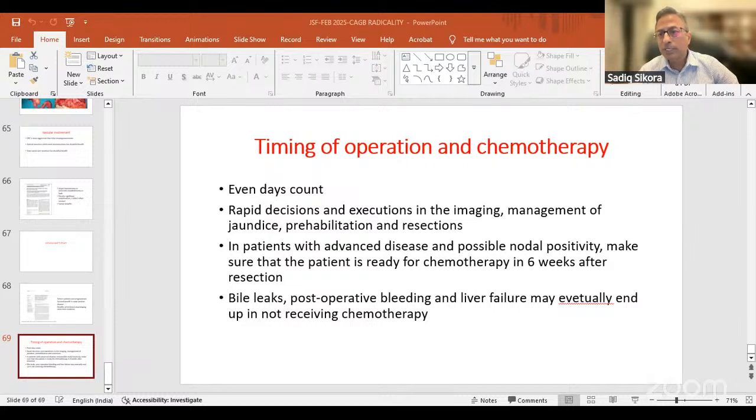The point which Biju made is that once you do it, then only will you know whether there is a benefit. And lymph nodal dissection, I think in all HPB cancers, we know that it is an extended form of staging rather than giving benefit to patients. So you should not understage the disease without doing a proper lymph node dissection.